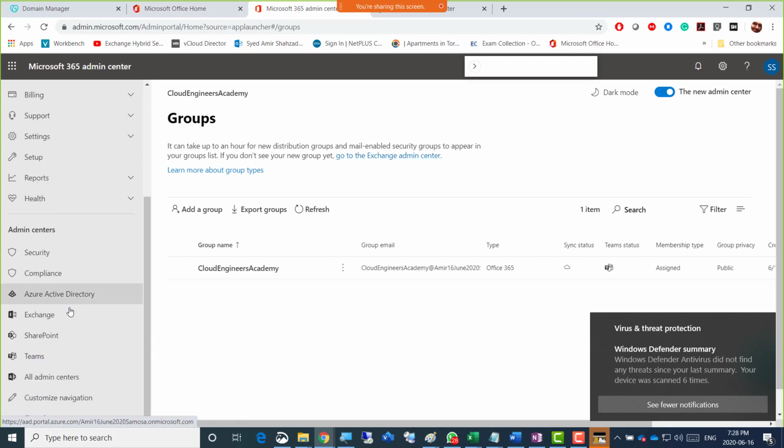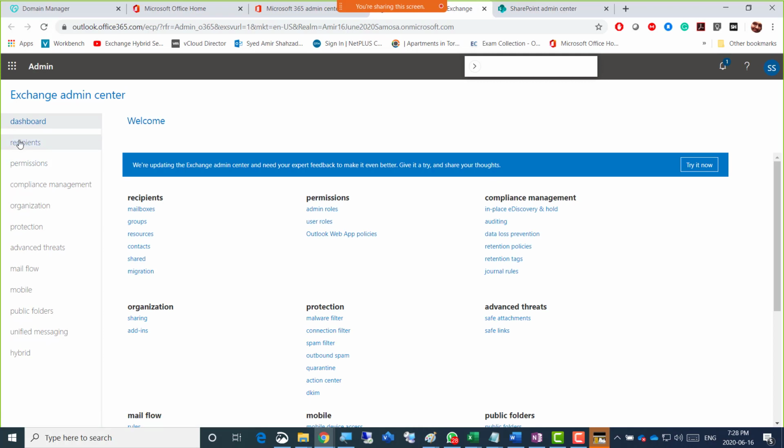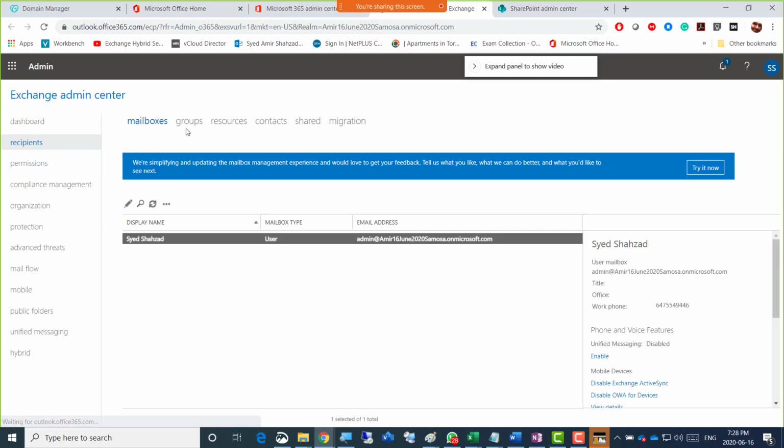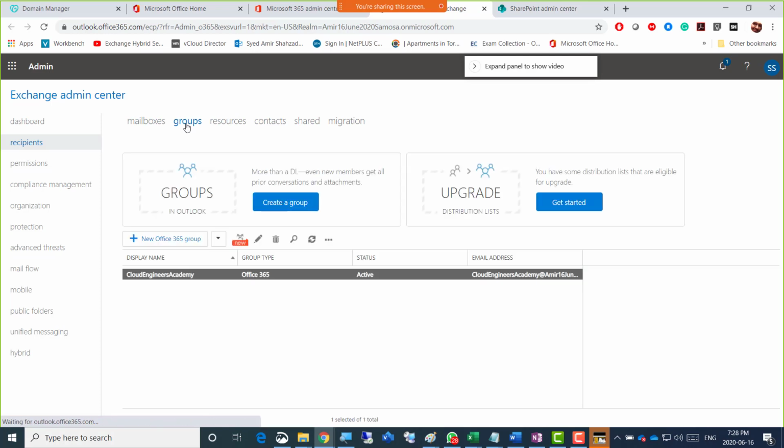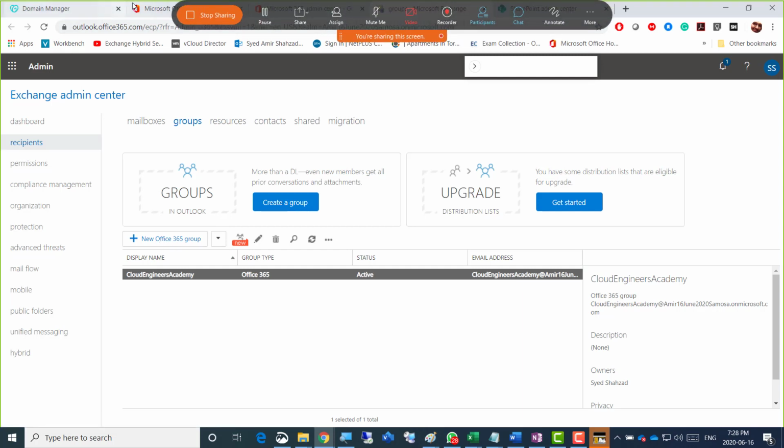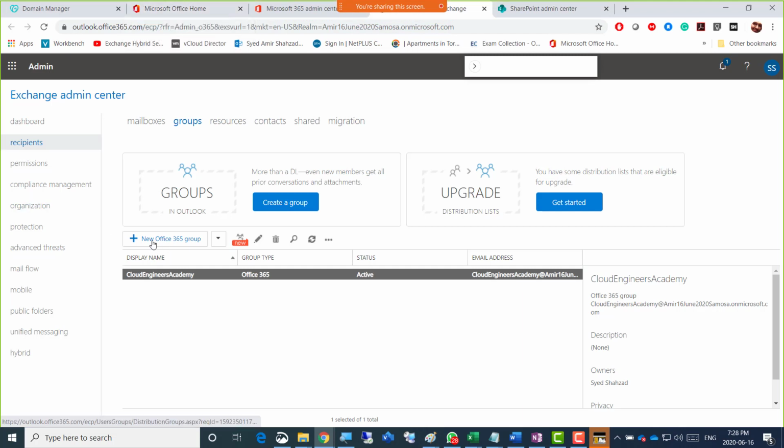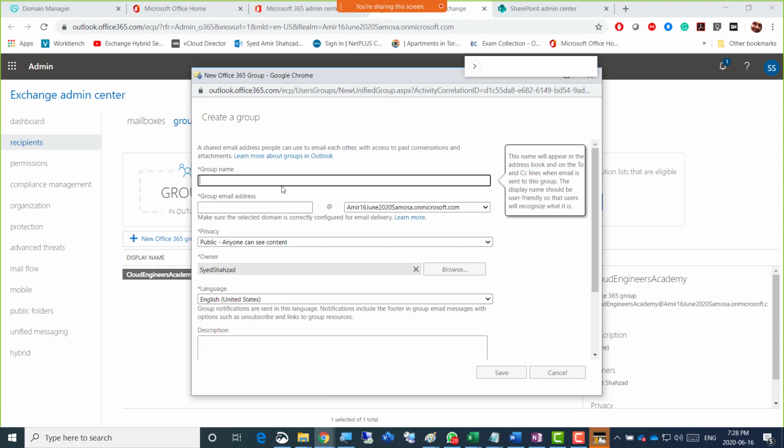So I'm just going to go down here to Exchange, the Exchange server, then in recipients. So we know where we create the groups, right? So there is that new Office 365 group written here. So hopefully everyone knows where we are: Admin Center, Exchange Online, and then there is new Office 365 group here, right? So we can click that and put some name there. Suppose it's marketing DEPT, and click.